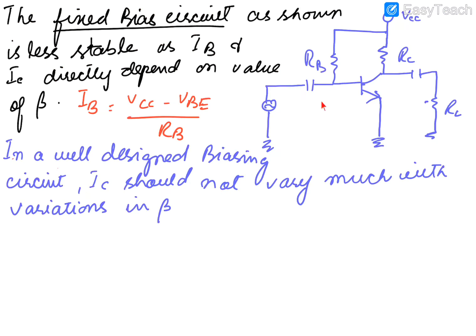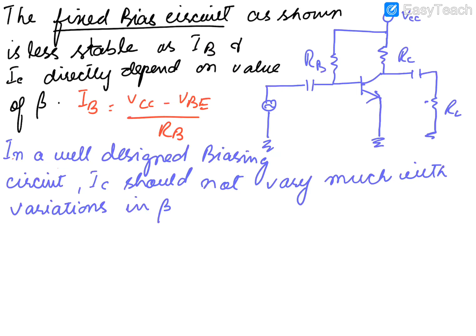Next is the typical fixed bias circuit, which we have already studied. This circuit is less stable as IB varies significantly with the value of beta. With the changes in beta, the IB also varies, and thus the values of IC and VC also vary. But for a good stable circuit, the variation in beta does not cause much variation in the value of IB